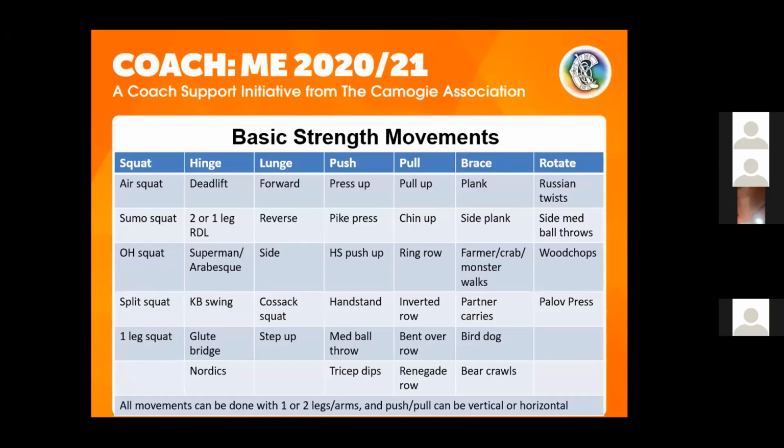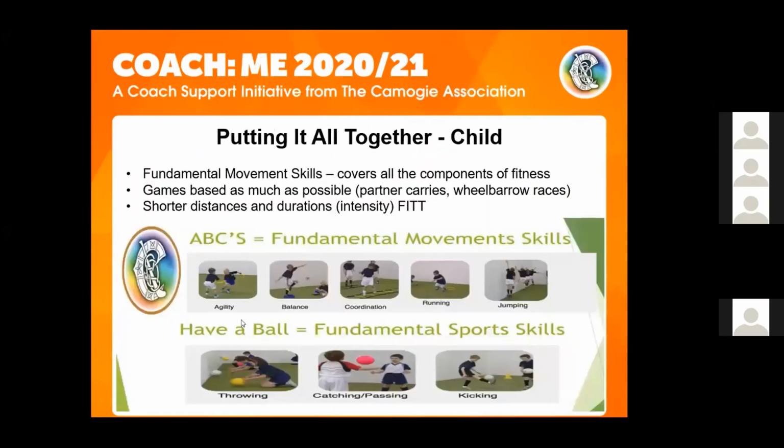harder. Push-pull, again, vertical, so you can pressing things over your head, whereas a horizontal push would be a press-up, for example. So you just want to make sure that they're getting a nice rounded experience. And in terms of other things, like in terms of bracing, you've got your monster walks, partner carries, farmer walks, all that sort of stuff. So again, they're a little bit of fun, especially if you're working with a slightly younger age group. And in terms of putting it all together, so the last little bit we look at is